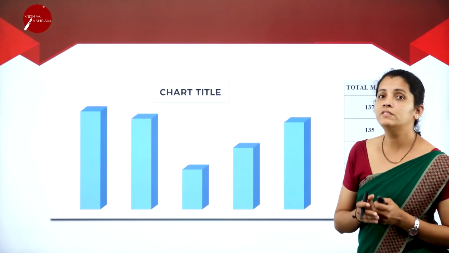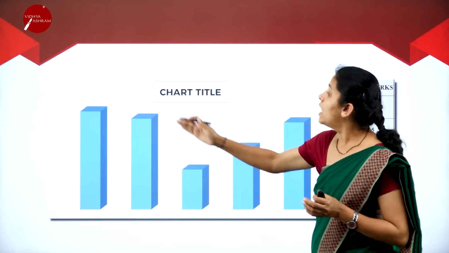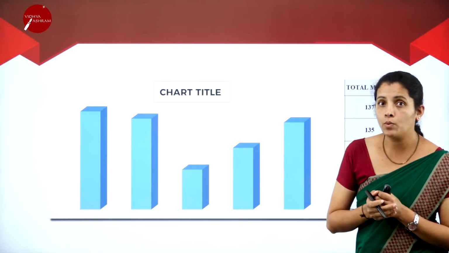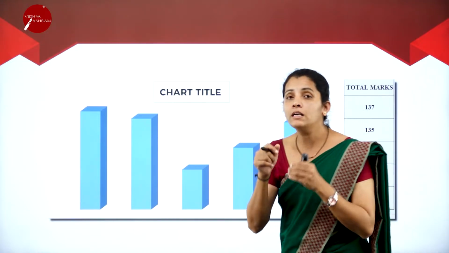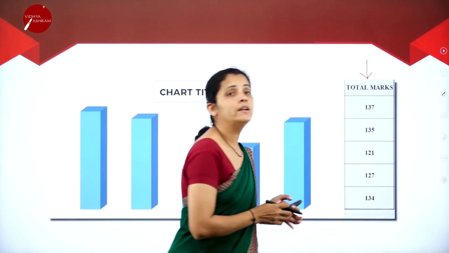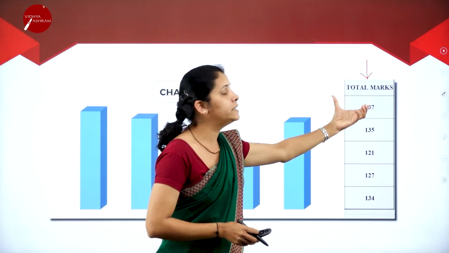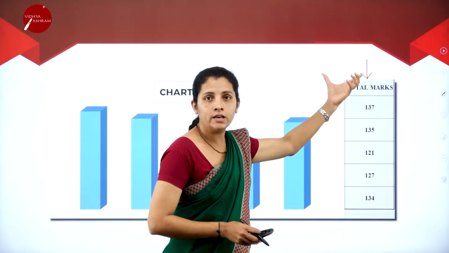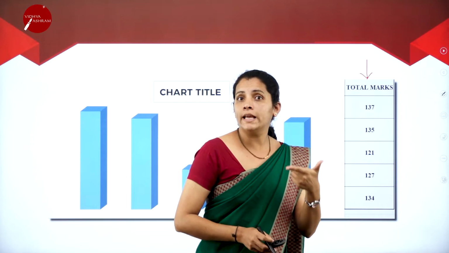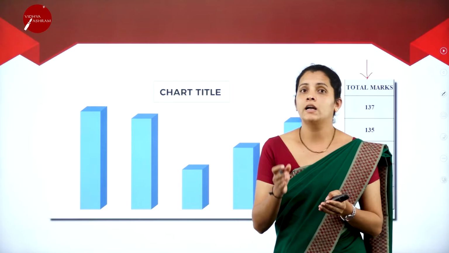Some examples of charts: here I'm having a bar chart. How can I represent a bar chart and what are the things I require here? At the beginning, I must have the data. Now consider this row. Here I'm going to have the data, and what kind of data? It is nothing but the total marks. So here I'm going to have the total marks. After having data, what is my next step? I must decide which kind of chart I must have.